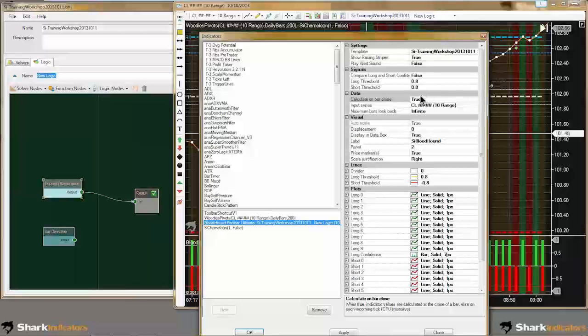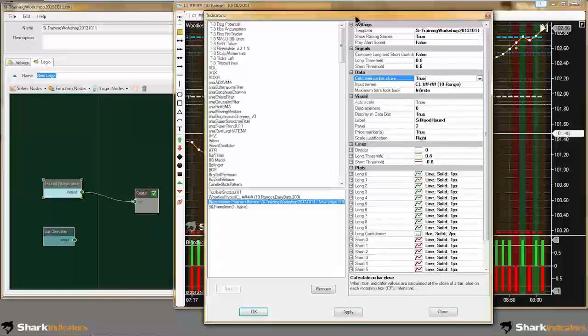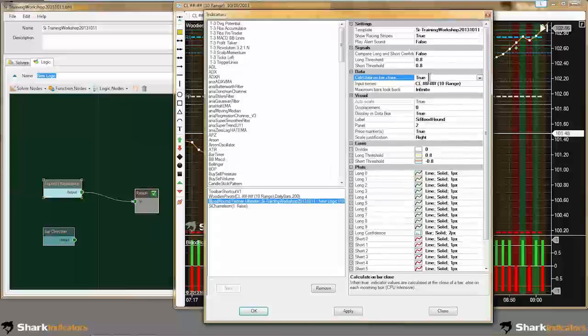But of course, this setting won't actually affect the load time. If this is set to false, it only affects live incoming data. It doesn't really affect your load time, because calculating on bar close, if it's set to false, has no effect on historical bars, because those bars are already closed, they're not building. So it's only on a live building bar. If you set this to false, does it use more CPU processing power? So